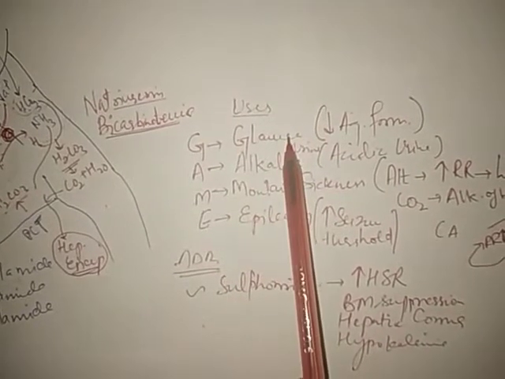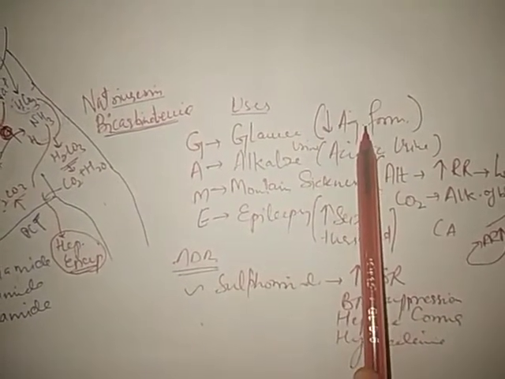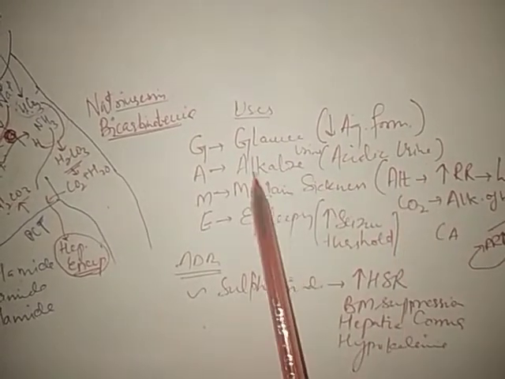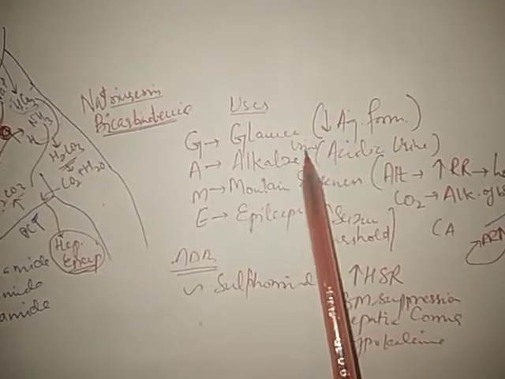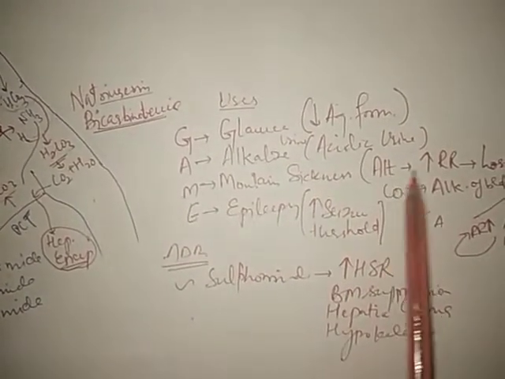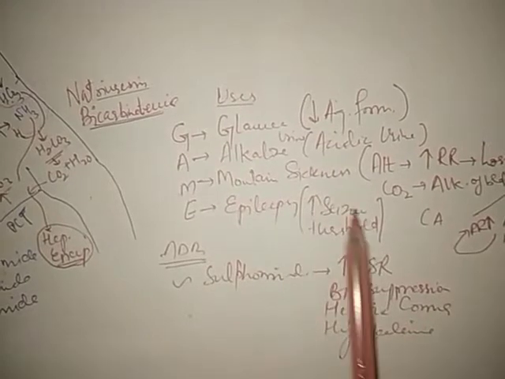Why are they used in glaucoma? Because they reduce the aqueous formation. Why are they used to alkalize urine? Because they alkalize the urine by excreting lots of bicarbonate. They are also used in mountain sickness, the mechanism of which I already explained, and in epilepsy because they increase the